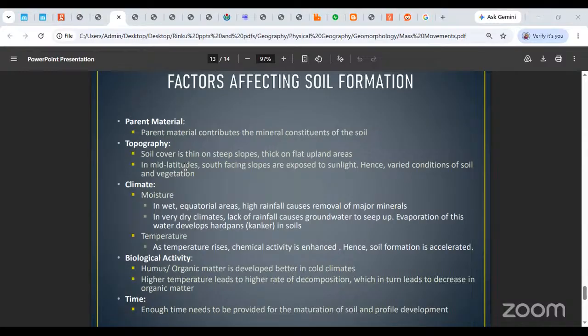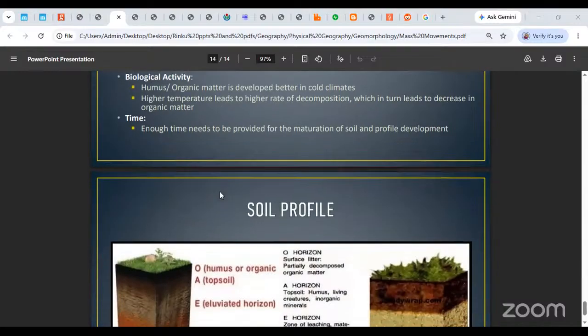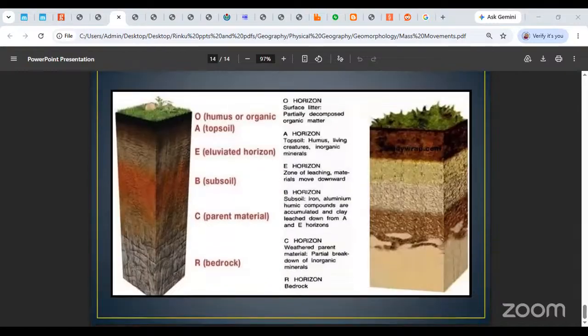Okay, the soil really does take a few decades to develop, maybe hundreds of years, and you need to give it that much time. If it does not reach that stage of maturation, if the horizons are not properly formed, then clearly that does not help. That time is essential. The time has to be provided.